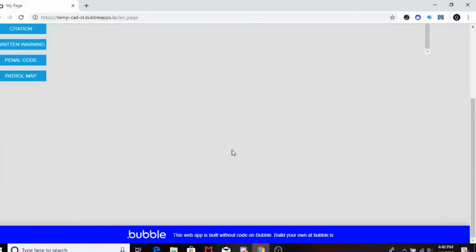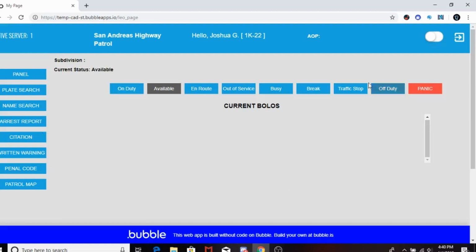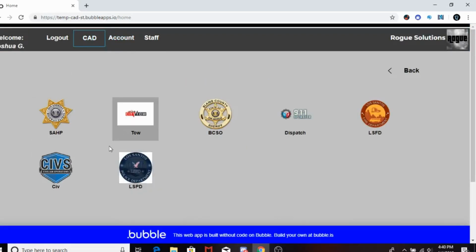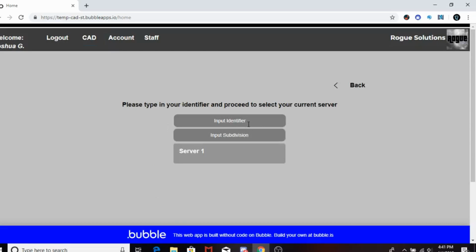Panel, let's reset, current bolos, none of them. So that's kind of like what all LEO departments look like, or pages. So let's go ahead and go back to home here, go back to CAD, and tow is very